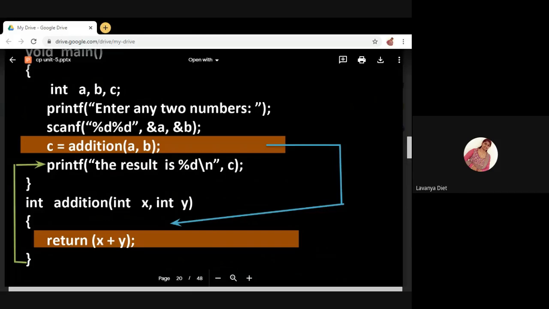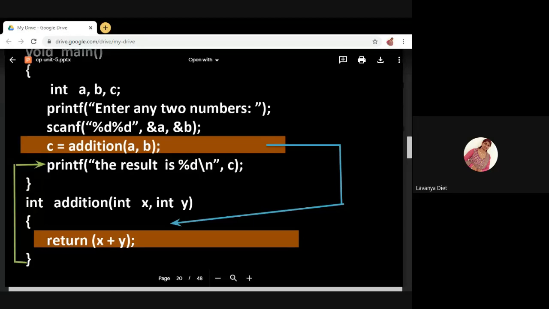Now the result is returned, so the result is stored in variable c. Control goes to the next statement after the function call. What is the next statement? After executing this, control goes directly to printf, the result is %d. The result is present in c, because the addition function returned some value, and that returned value is stored in variable c.